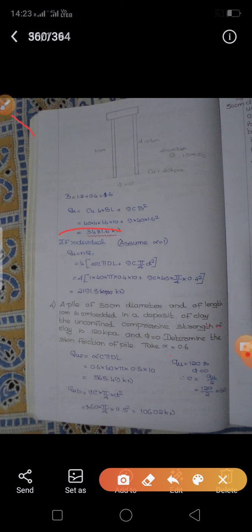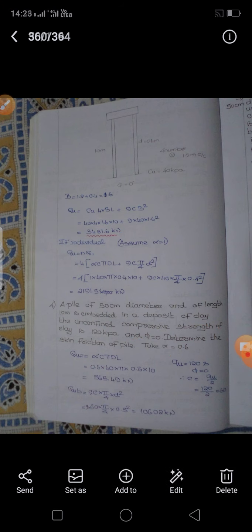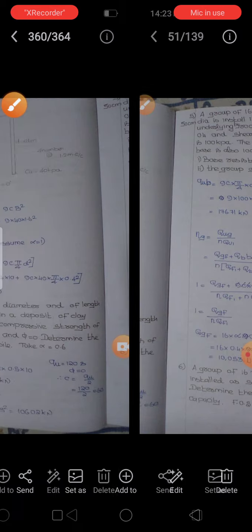After that you will find out the bearing capacity. The formula for bearing capacity is 9C into pi by 4 into D square. The value of C is given here, the value of D is given here. According to that, you can find out the value of QUB. Now, if you find the value of QUB,